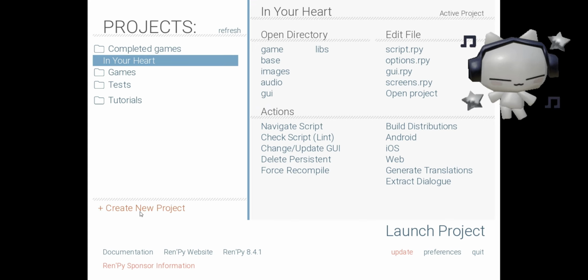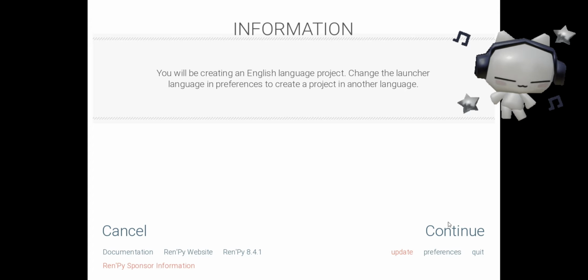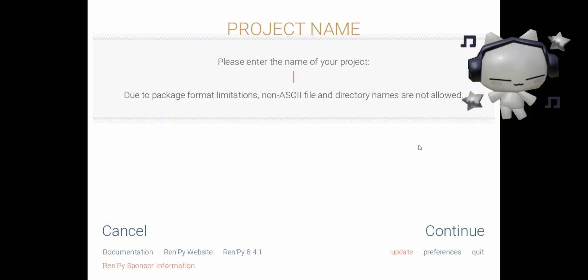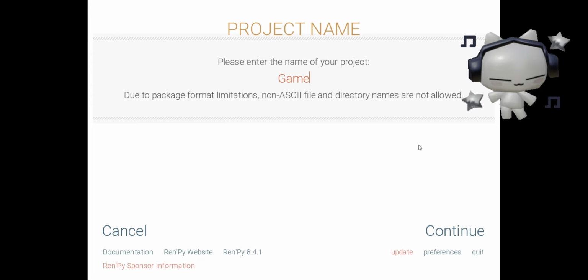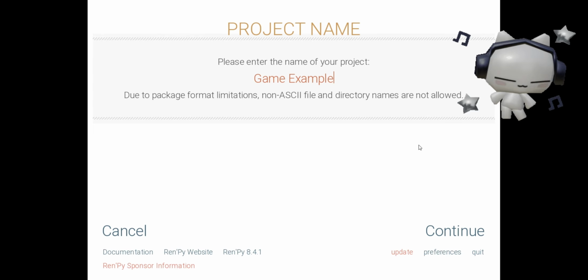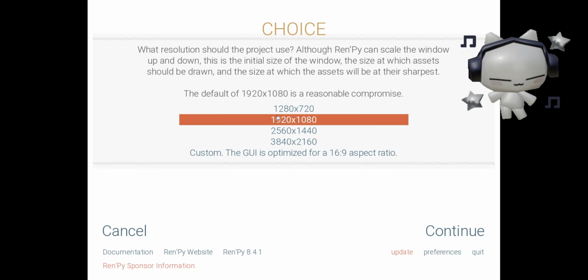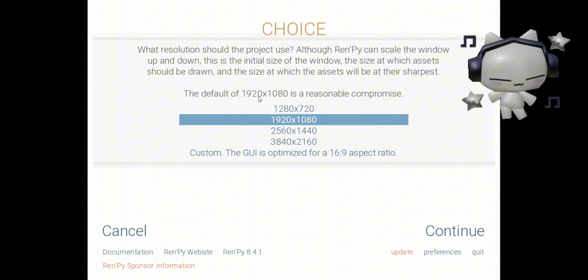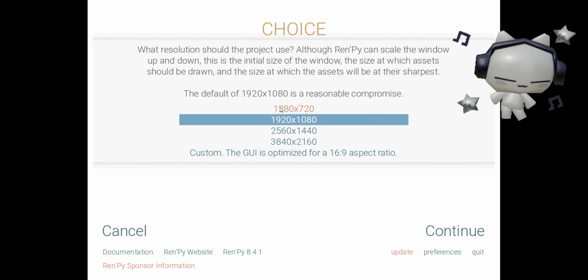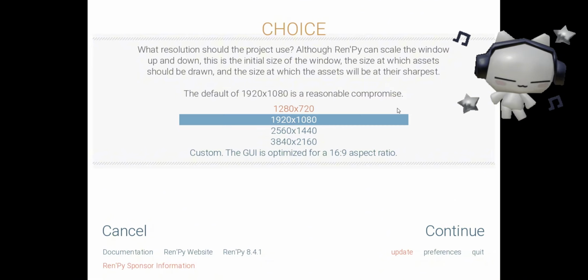Now to make a new game in Ren'py, you're going to want to click the create new project down here, and I'm just going to name this game example. We're going to have this as our example game. I use the 1920 by 1080 aspect ratio because that's the default, but obviously you can change it to whatever you want. I like using this one though because it's just simpler, but with some sprites, especially your main menu,